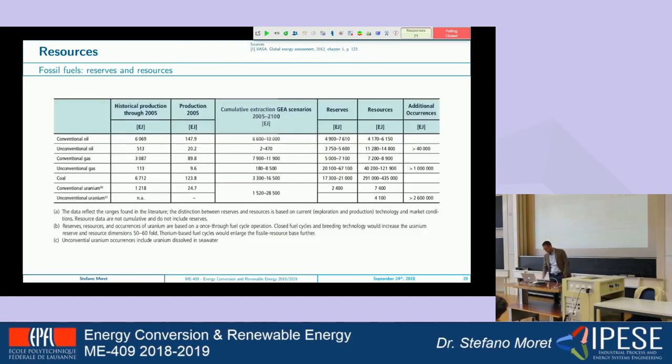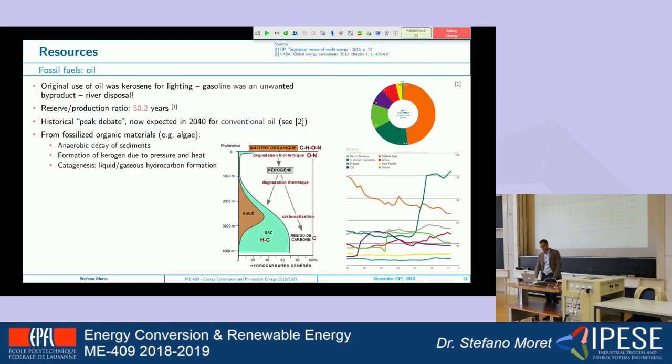So that's the bad news. And here I put some more data that you can find in the slides. I also thought of these slides as your lecture material, so I won't go into detail on all of them. This shows you the current assessment of conventional and unconventional resources, and what emerges is that the amount of resources that we have is still pretty large. Specifically, I won't talk today about uranium, about nuclear. You have a lecture on that in which the resource of uranium will also be discussed. So that's the reason why I'm not mentioning it today.